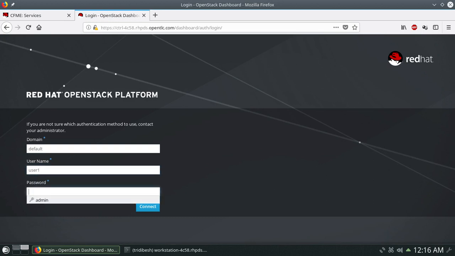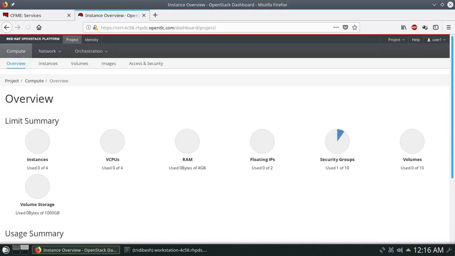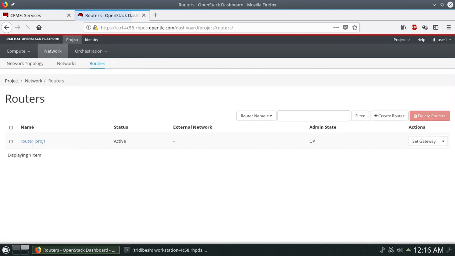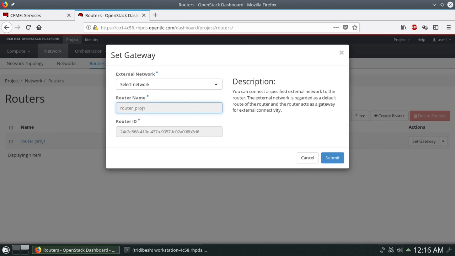Let's put in the password. We'll go back to Network and then to Routers. Now in routers you click set gateway, so that we connect our router with the external network, that is the public network, and the internal network, that is the private network.